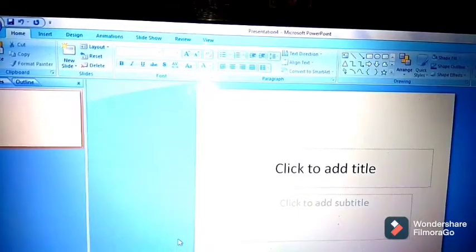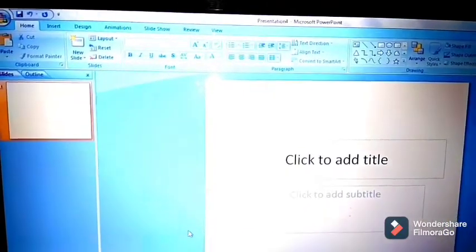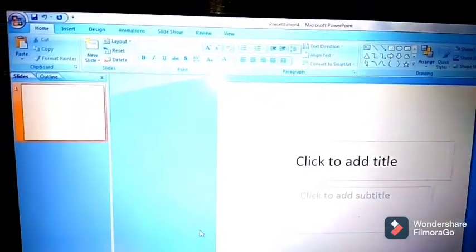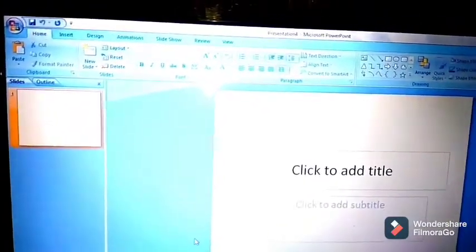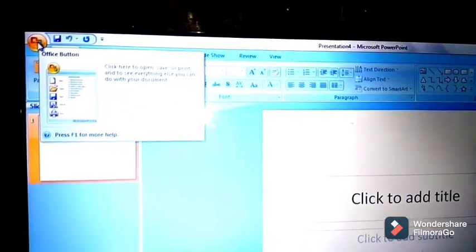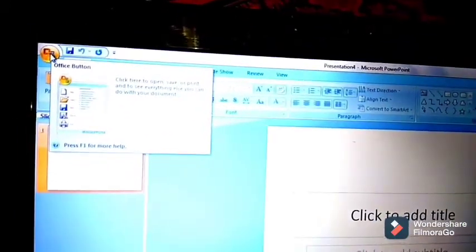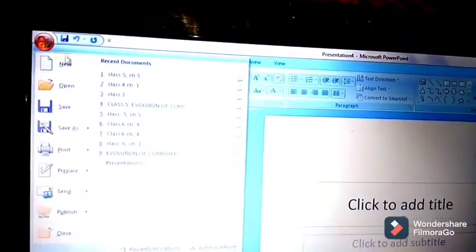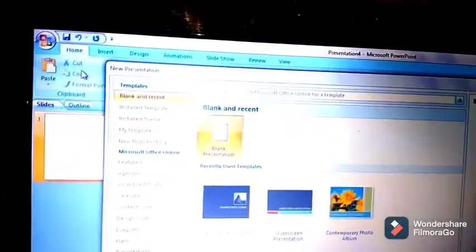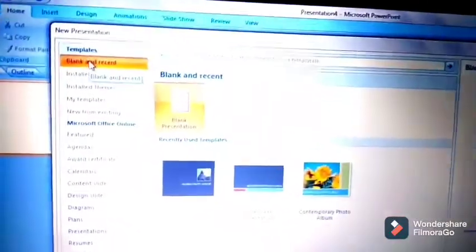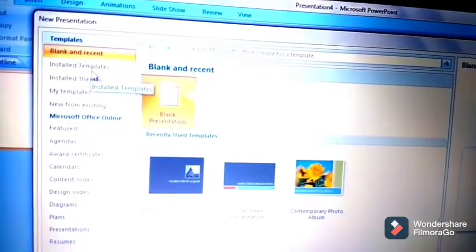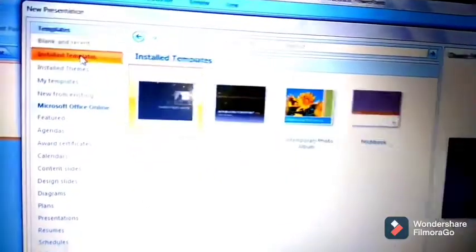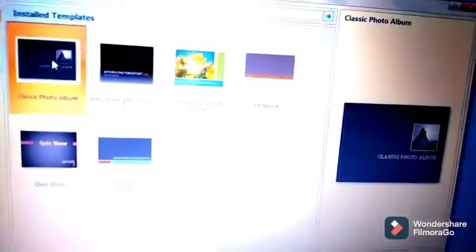This is the Microsoft PowerPoint program window. Now for built-in template, firstly click on Office button. After that, click on New. After that, click on Installed Templates. Now these all are the installed templates.